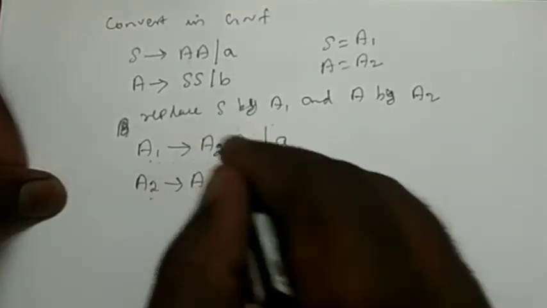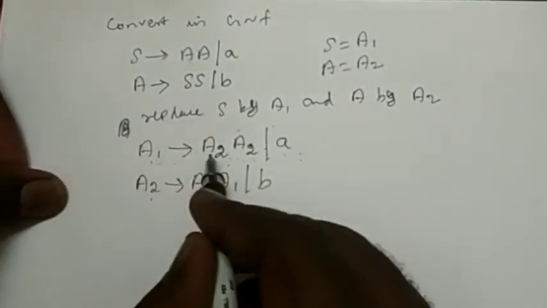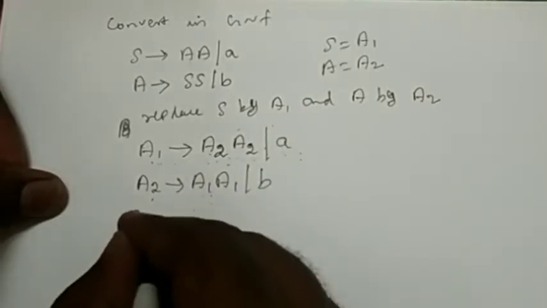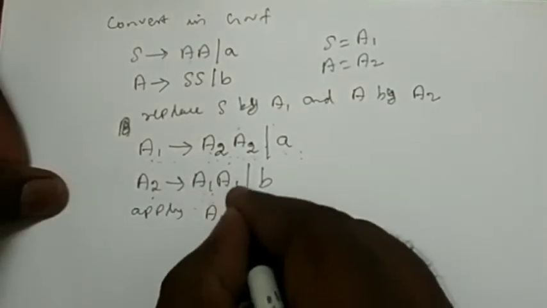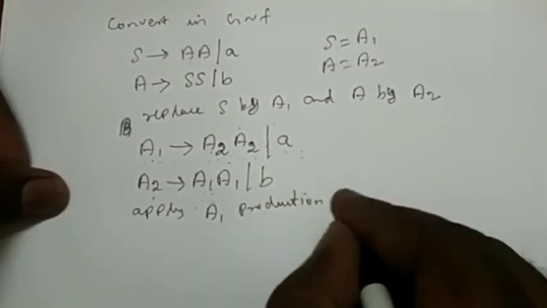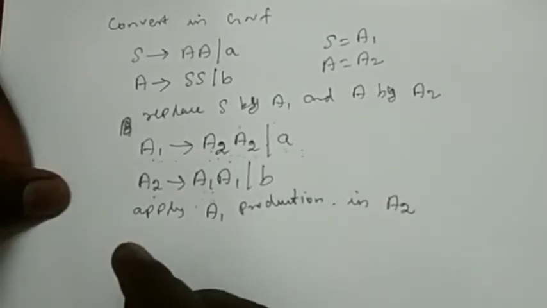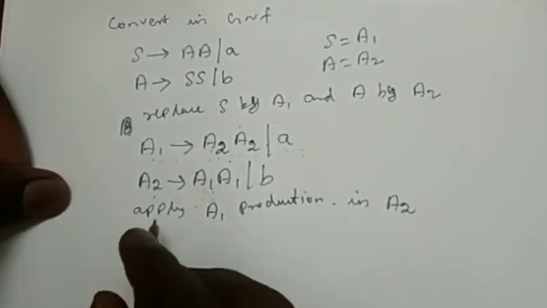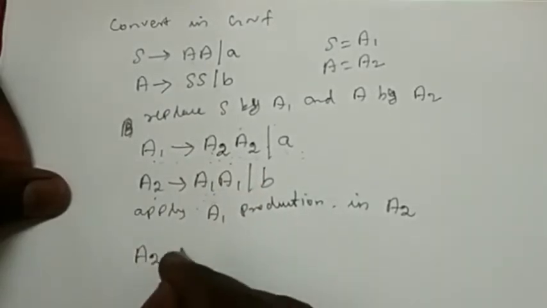So somehow we have to replace this. Apply the A1 production in A2. So when I apply the A1 production in A2, now A2 becomes A2 tends to